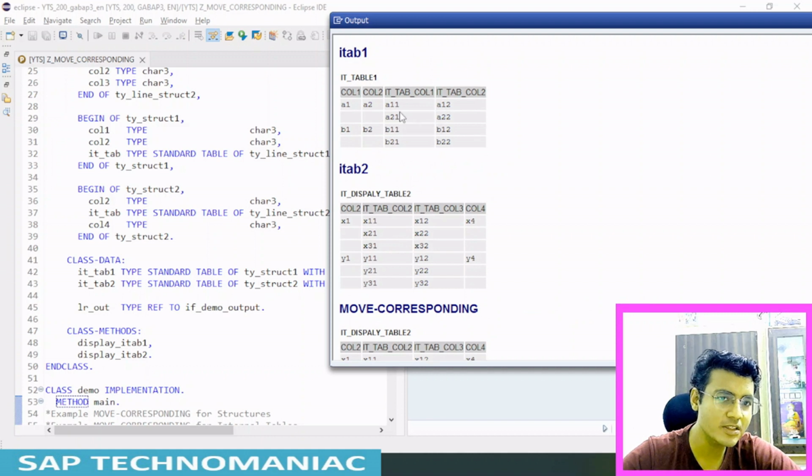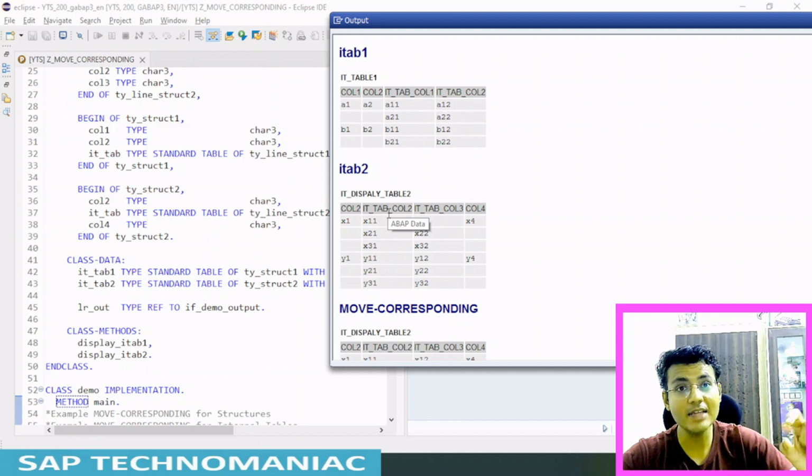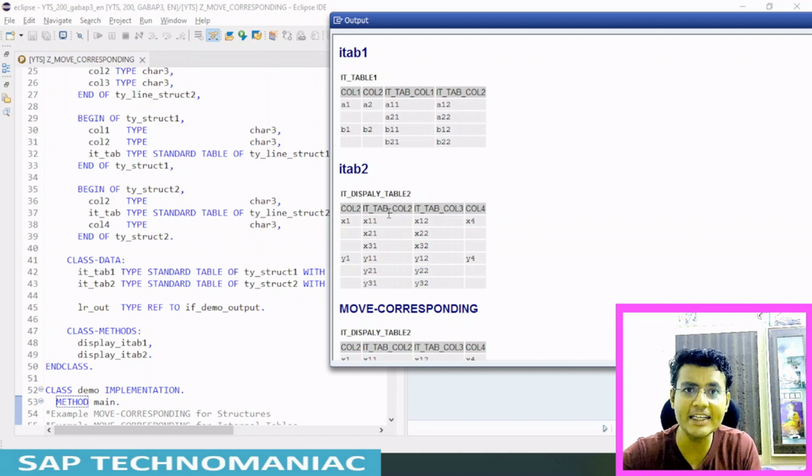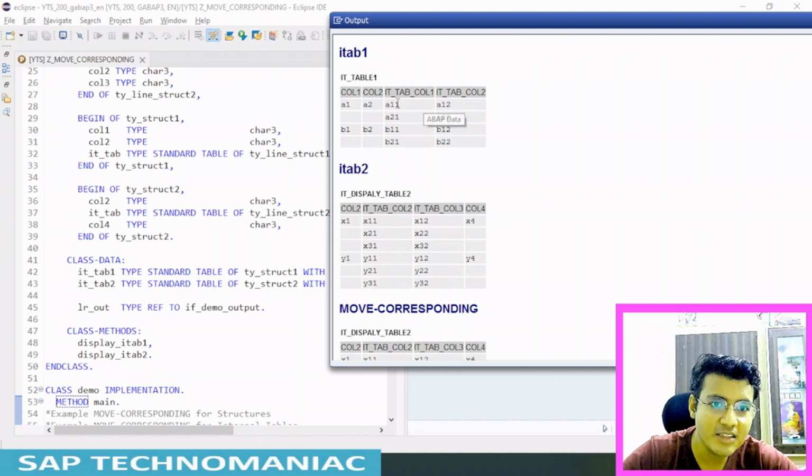It will first move this structure, so it will move this A1 here and A2 here, and A1 is not here, so it will not be moved. Then iTab will move to this iTab, because inside that internal table we didn't mention the expand. It just moves iTab to iTab. That is the reason this internal table is moved to this internal table without doing anything.